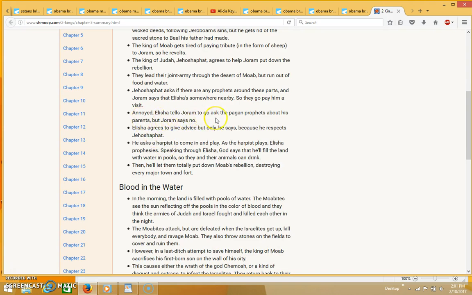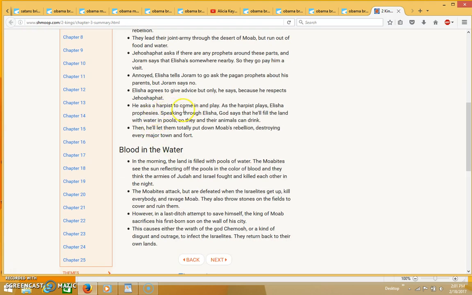Annoyed, Elisha tells Joram to go ask the pagan prophets about his parents, but Joram says no. Elisha agrees to give advice, but only, he says, because he respects Jehoshaphat. He asks a harpist to come in and play. As the harpist plays, Elisha prophesies. Speaking through Elisha, God says that he'll fill the land with water and pools so they and their animals can drink. Then he'll let them totally put down Moab's rebellion, destroying every major town and fort. Okay, the next part is entitled Blood in the Water, and it says, in the morning the land is filled